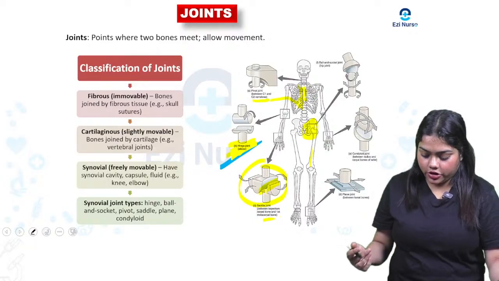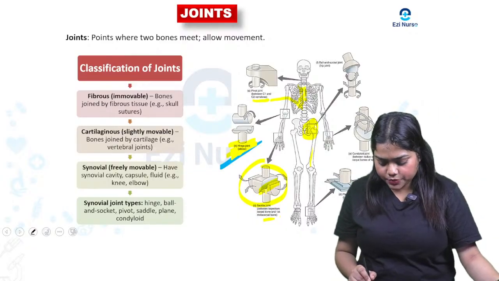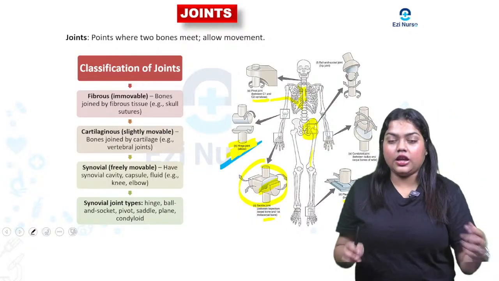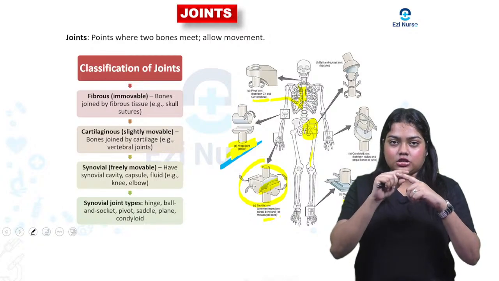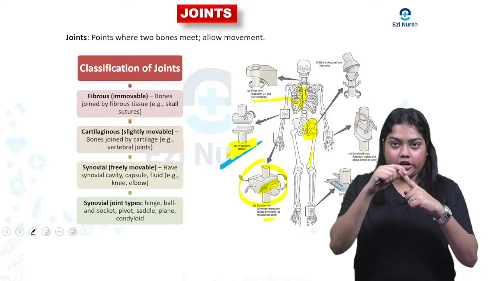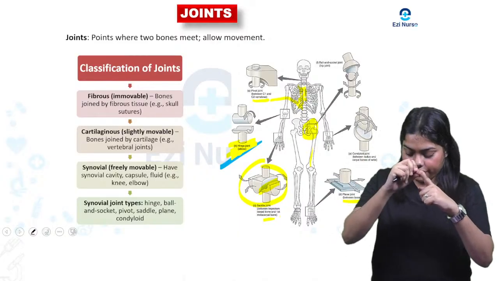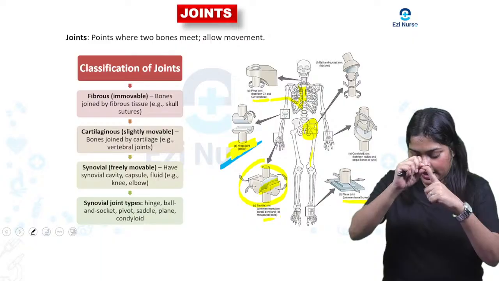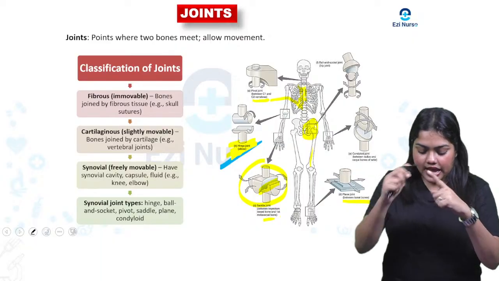Next is the plain joint, which is between the tarsal bones, in between the small tarsal bones. These are the joints. In the legs also you can find these joints, which are called plain joints. And lastly,